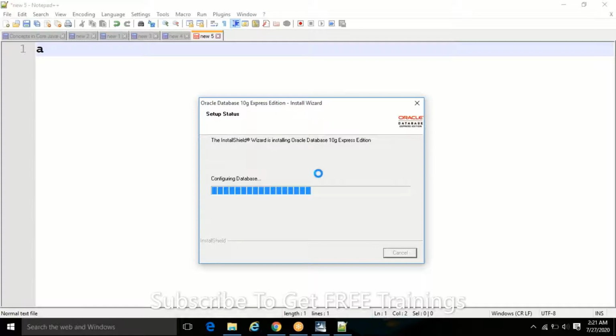Okay, right. So it is system to system might be different to install that software. Different in the sense maybe the memory is properly maintained, then it will take less time, guys. If you have less amount of memory, then it will take some time. Okay, you have to wait until this step is complete.